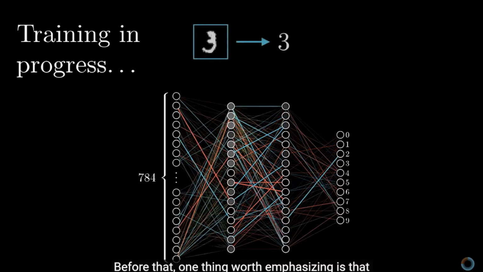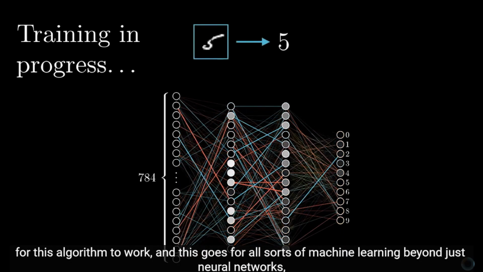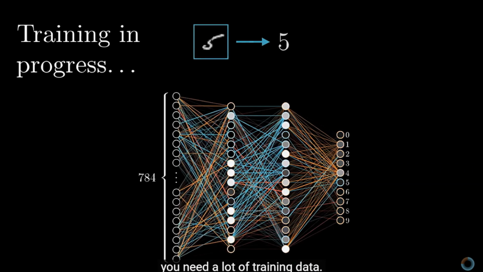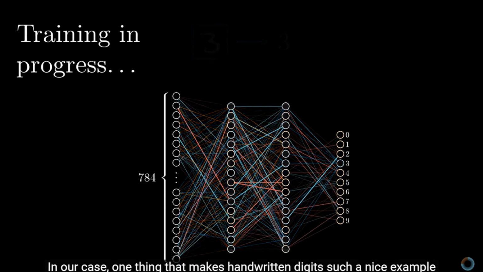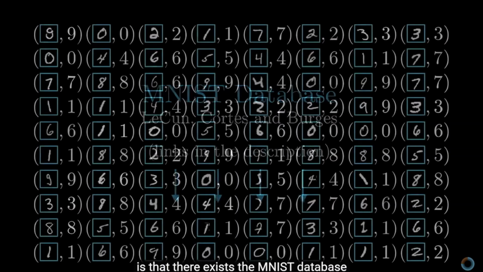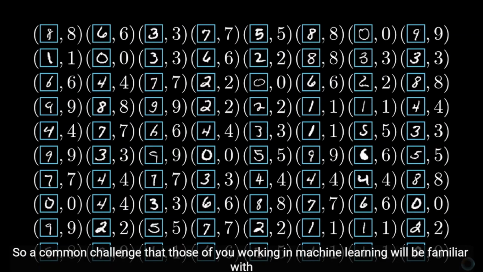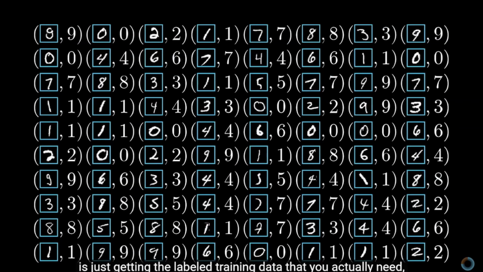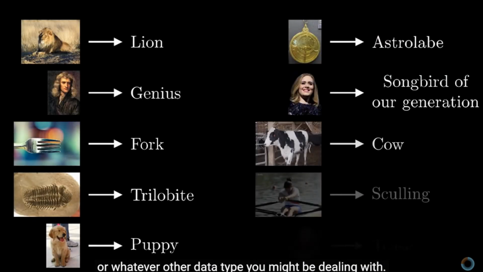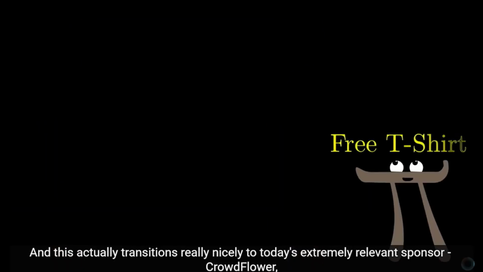Before that, one thing worth emphasizing is that for this algorithm to work, and this goes for all sorts of machine learning beyond just neural networks, you need a lot of training data. In our case, one thing that makes handwritten digits such a nice example is that there exists the MNIST database, with so many examples that have been labeled by humans. So a common challenge that those of you working in machine learning will be familiar with is just getting the labeled training data that you actually need, whether that's having people label tens of thousands of images or whatever other data type you might be dealing with. And this actually transitions really nicely to today's extremely